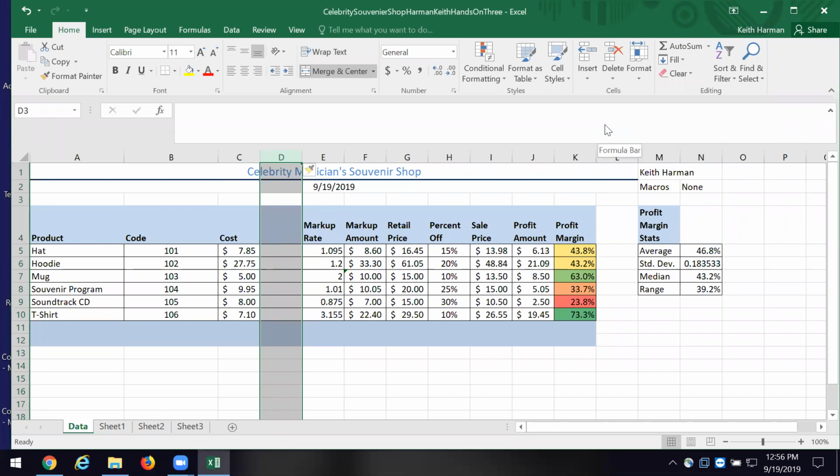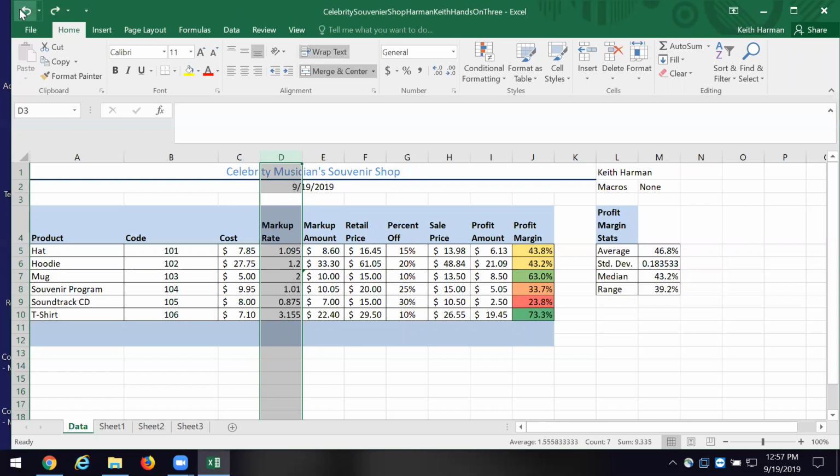Now notice Excel reordered everything. Your formulas are still good, etc. If you do that and you say, oh, I wish I hadn't done that, how do you back out of it? Delete, or what else could I do? There's something up in the far left corner that I can do. Undo it, exactly. Sometimes undo is the safest bet. Because if you try to delete or something like that, you may go, oh, I wish I had done that. That was not good. And then you mess things up badly. So undo is always going to be your best friend. If you say, well, no, I liked it, you can redo it.